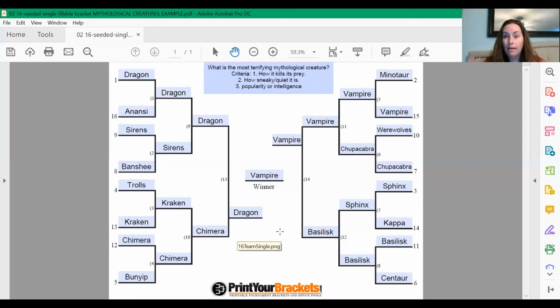So that's how I filled out my bracket, guys. That's how I came up with what I was going to prove, which is my main claim. I came up with criteria that I stuck with, even though I was tempted to go away from it. Like, I love werewolves. I wish it would have made it further, but it didn't. I didn't think the vampire was going to win when I first started this list. I kind of thought that maybe a dragon would win. But once I had my criteria, I had to stick with it. So that's how I filled it out.